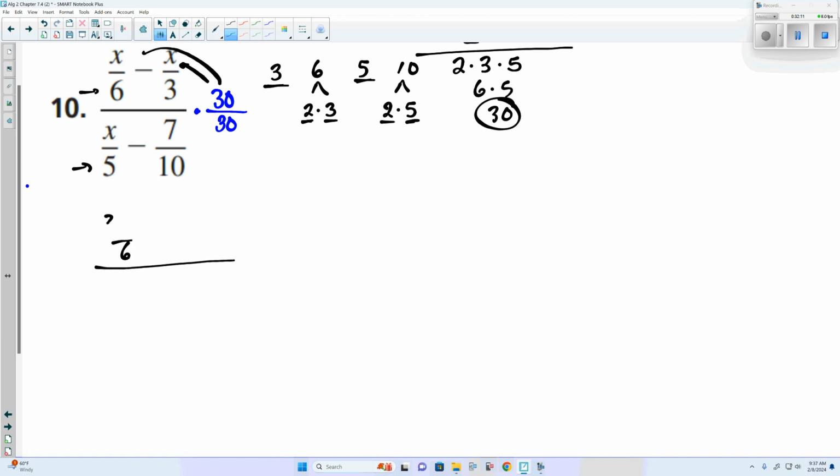X times 30 is 30x minus x times 30 is, because we're just multiplying it with the numerator of the numerators. The denominator will have 30 times x. So we'd have 30x over,